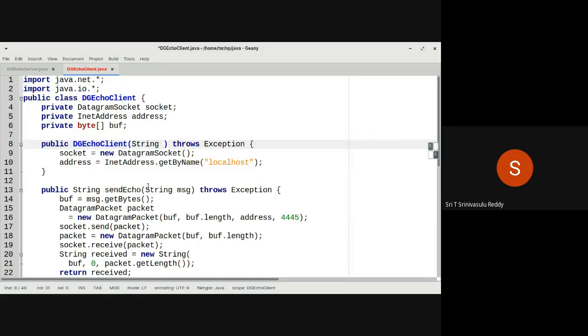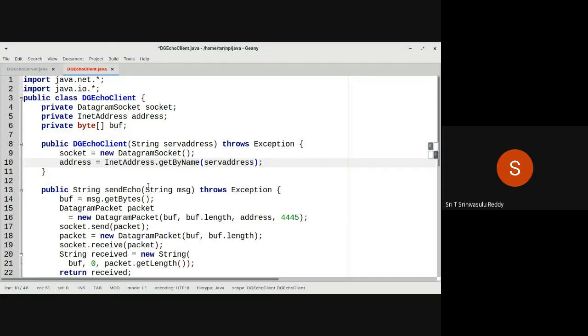Then you can connect to any kind of server. Here you can specify the server address, still in the form of a string, but you have the flexibility of creating the DGEchoClient object for any server's IP address.